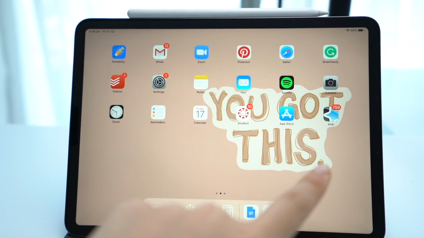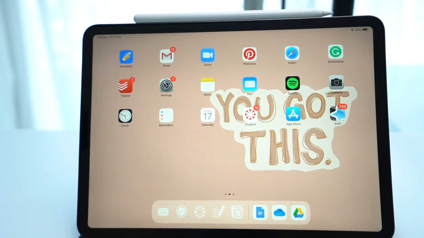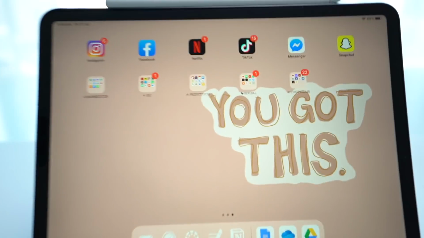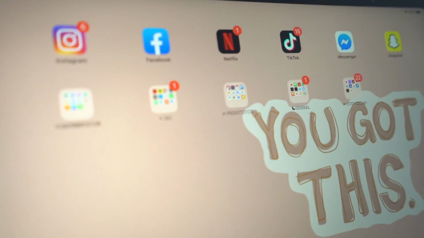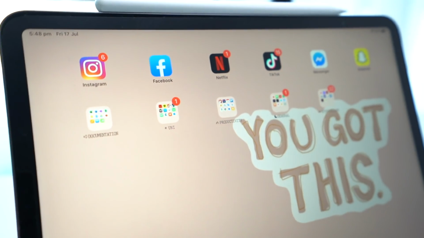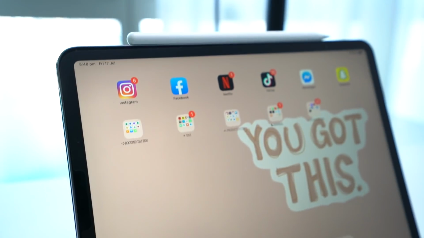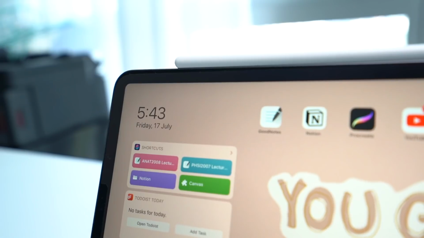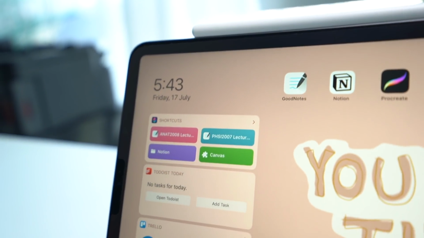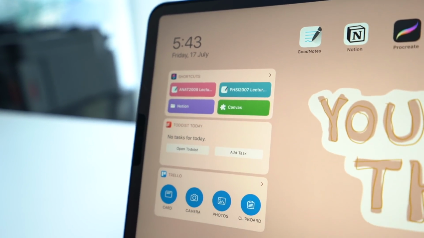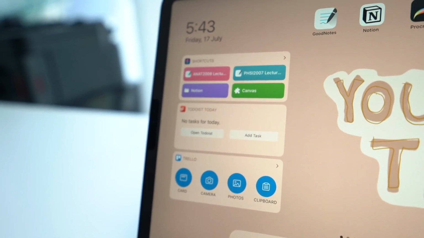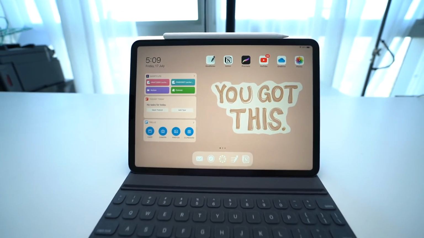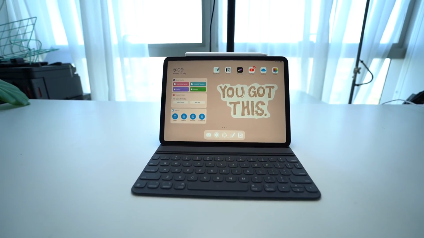And then on the last page I have more of the social media stuff and just personal use apps, because these ones I try not to go too much on my iPad. I more use them on my phone because my iPad I kind of relate to just using for academic things. And finally, because they're sort of on the last page, it's kind of like out of sight, out of mind. I don't get distracted by them as much, and it helps me to be more productive and focus on the task at hand. And that's pretty much all of the productivity tips I have to enhance your workflow on the